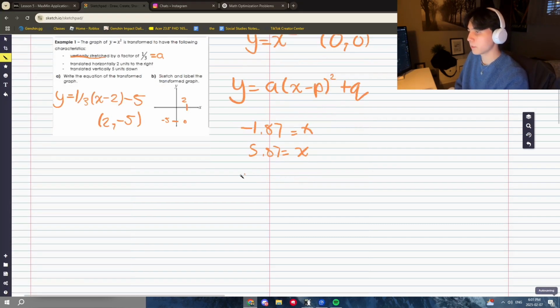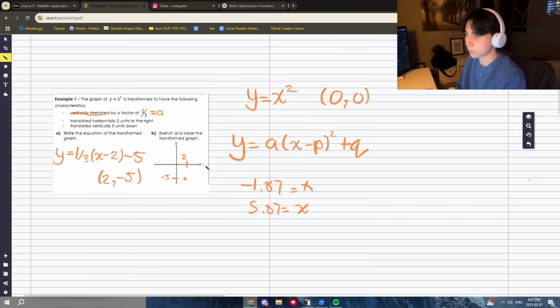Okay, so now we can just graph these 2 points. So let's say 5.87 is over here, negative 2 is over here. You just connect these points like this, and you add the 2 arrows, and that is your nice little graph there. It's not going to be too great. Obviously, if you're prompted